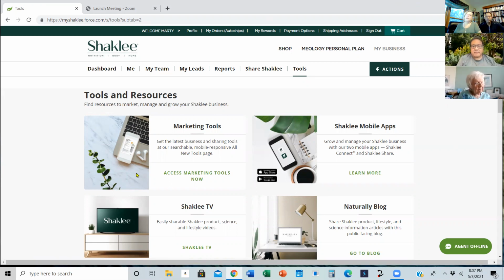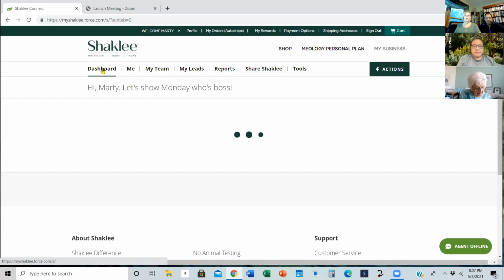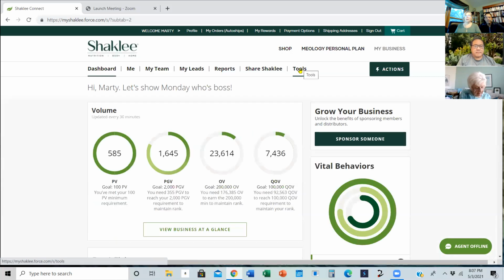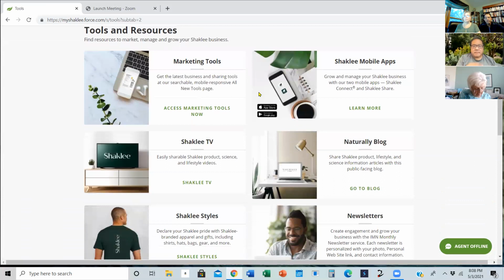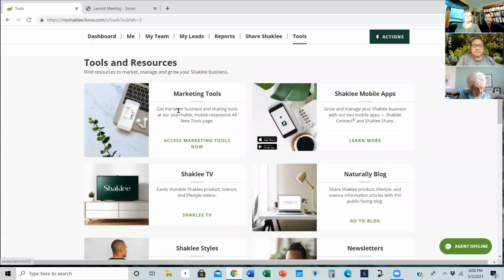Okay. So anyway, go to your tools page. You saw that. I went there from the dashboard. Again, let's go dashboard and then over to tools. Okay. And in tools, you guys, this is a gold mine. Roger has spent $27 million building just this part of our back office. So we have all these marketing tools. And again, that's something the gal on the call today couldn't believe, the quality of marketing tools we have.